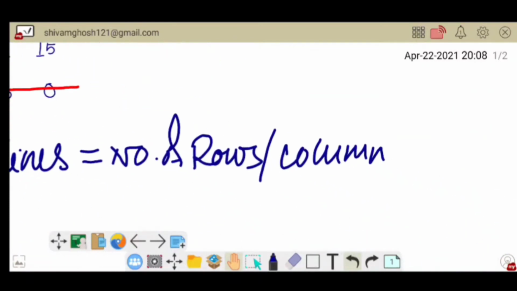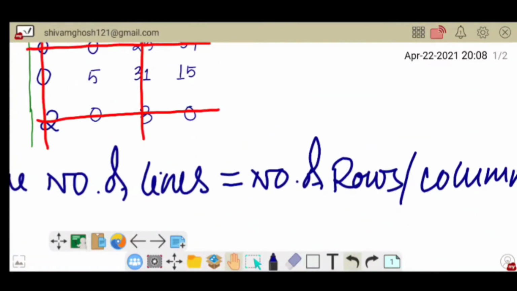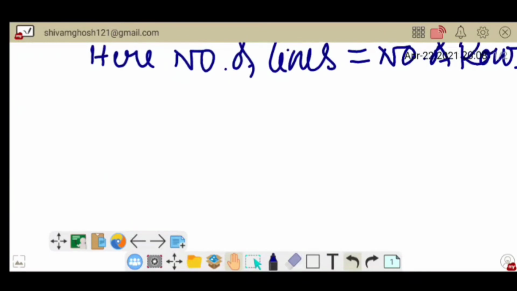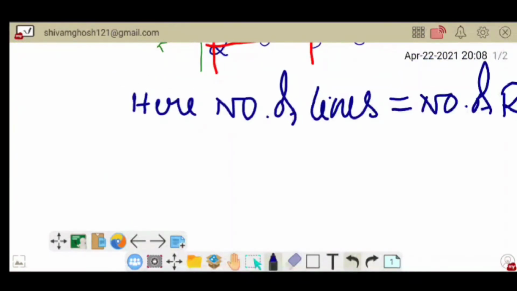So it is possible. If the number of lines equals the number of rows and columns, there will be no question of degeneracy.